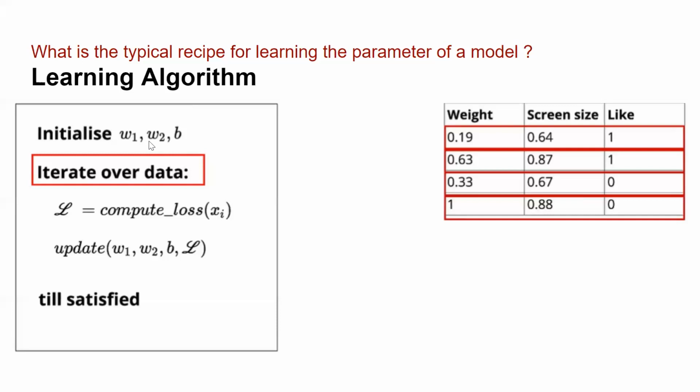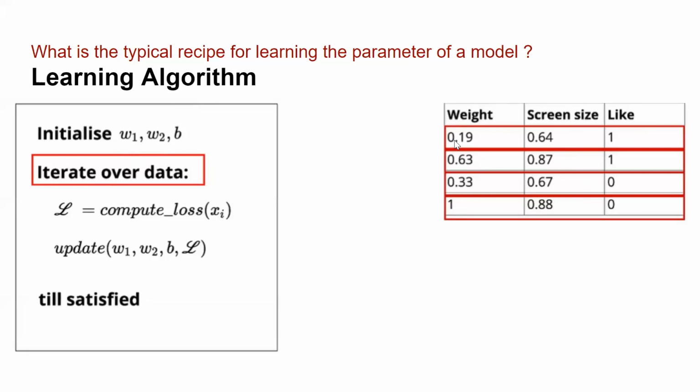So what we do in case of perceptron learning, first of all, we randomly initialize the value of these parameters. I'll say the value of W1 is 0.1, the value of W2 is 0.2, the value of B is 0.3. Whatever I wish, I'll assign some value to these. After that, what I do is I iterate over the data. So this is my data, I'll iterate over this data frame. First of all, I will pick the first row.